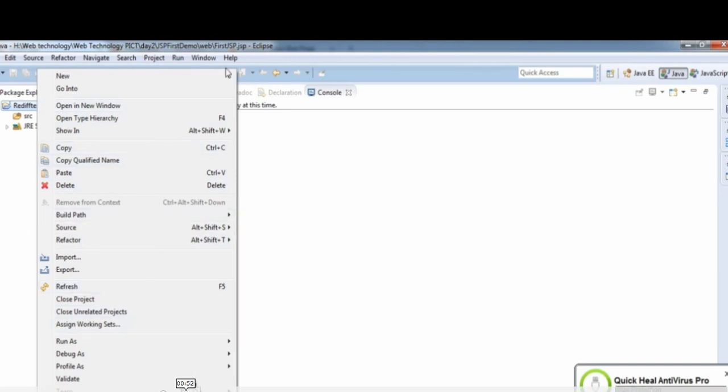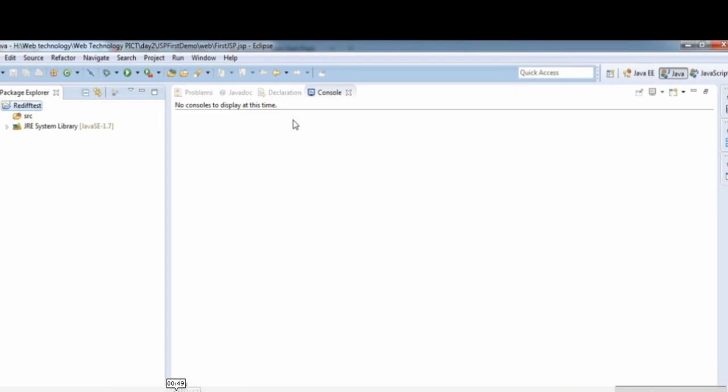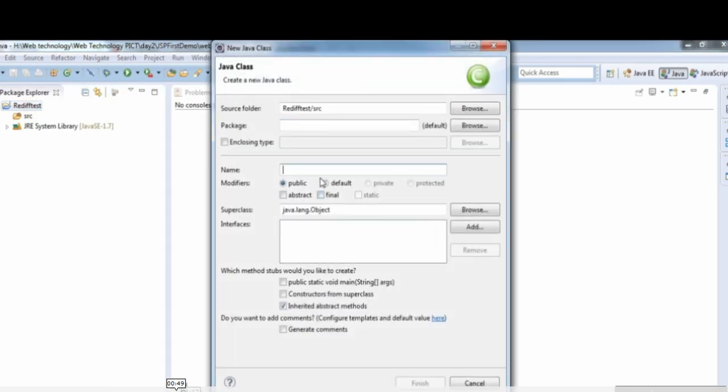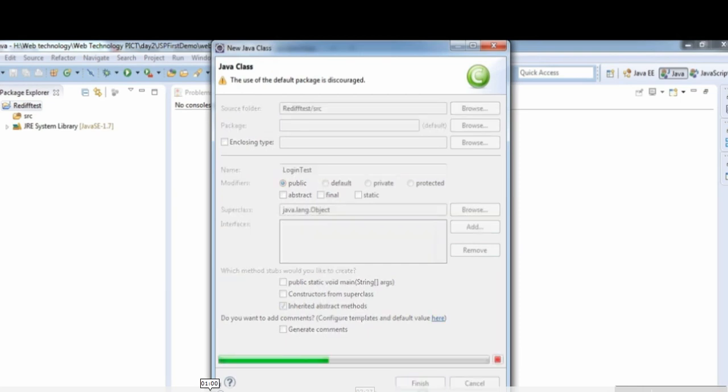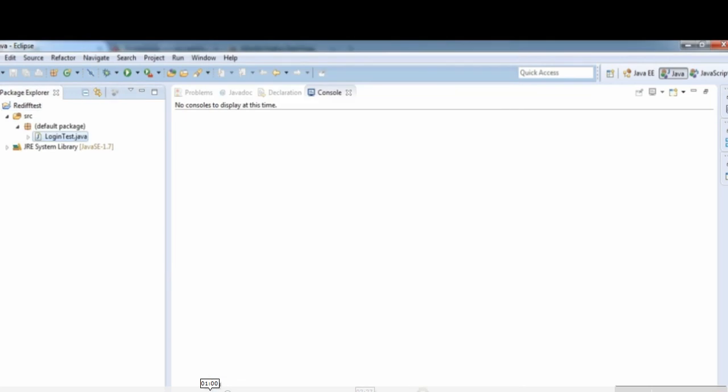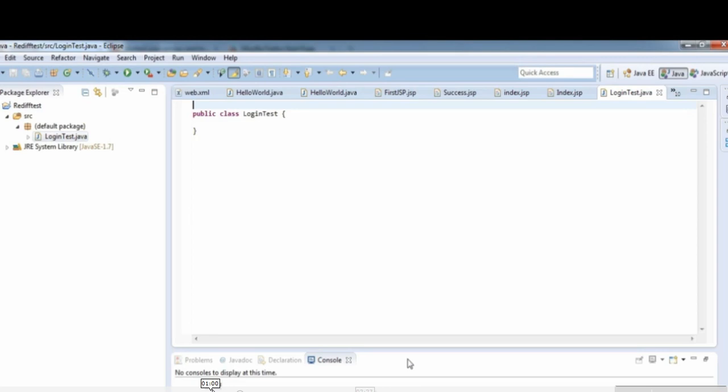The name that I have given for this class is login test. So I have typed here login test as the name of the class, and then I have clicked on finish. Now my class login test is added to this Eclipse Java project, and here I will be writing the